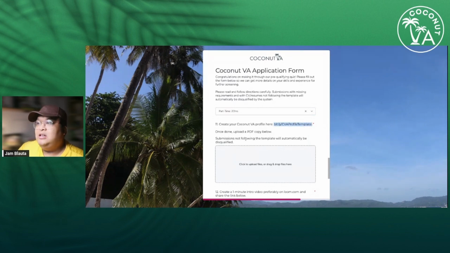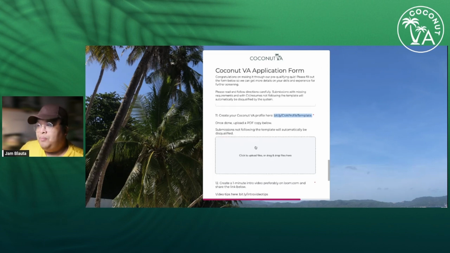Copy this and paste it on your browser. In the future modules of this series, guys, I will walk you through how to actually make your own Coconut VA resume, so I will skip that one. Once you're done with that, save as PDF and upload it here.